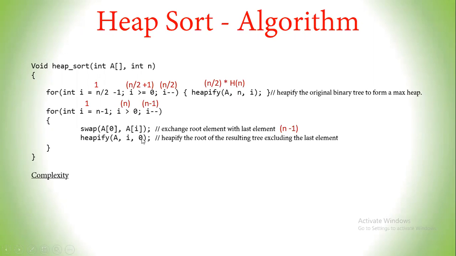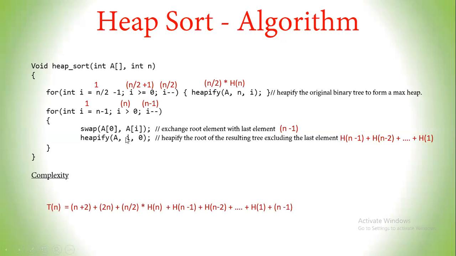And heapify will also be called n minus 1 times, but the fact is the size of the heapifying function keeps on reducing. First it will be n minus 1, then n minus 2 until 1. So the complexity will be the addition of these, hn minus 1 plus hn minus 2, because the size of this one keeps on reducing. First it will be n minus 1, n minus 2 until h1, because we